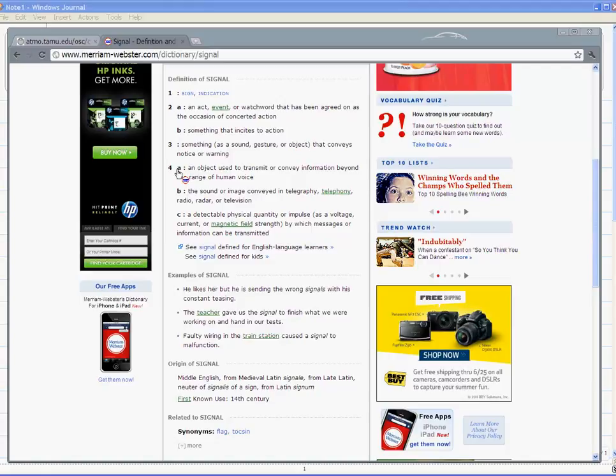The sound or image conveyed in telegraphy, telephony, radio, radar, or television. And finally, they define the signal as a detectable physical quantity or impulse, such as a voltage, current, or magnetic field strength, by which messages or information can be transmitted. This is pretty much the definition that is closest to how we would like to think of a signal in this class. You can see this definition is fairly broad,